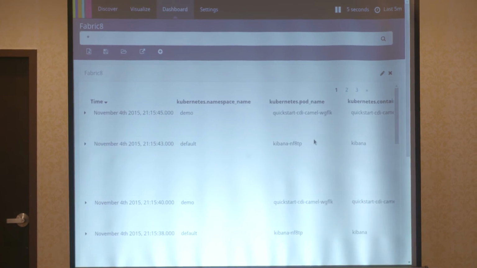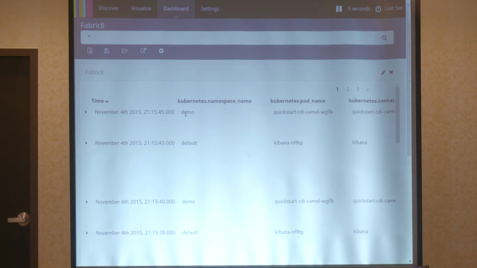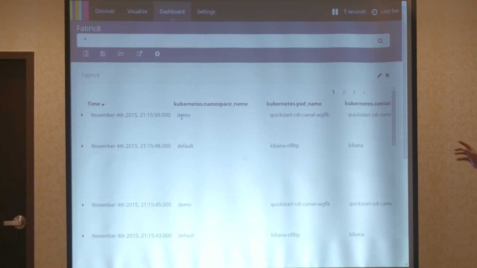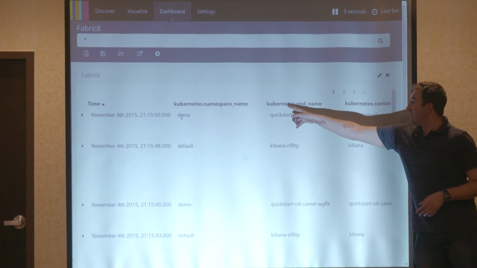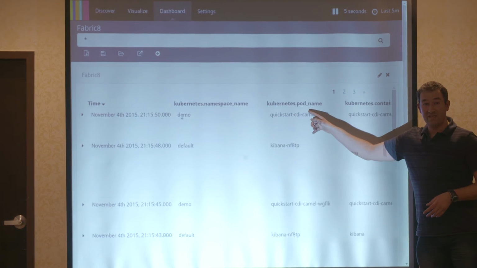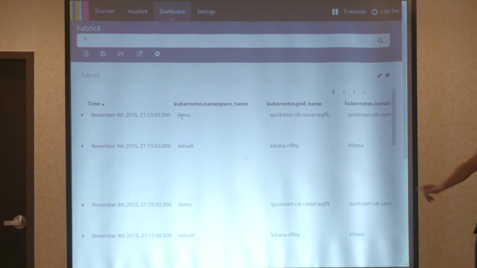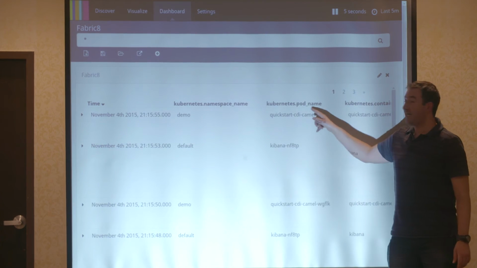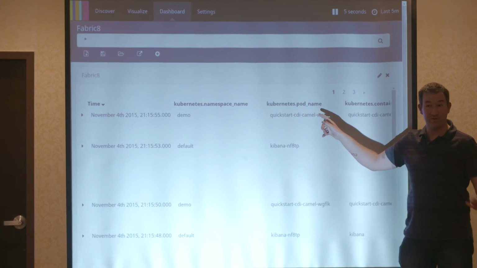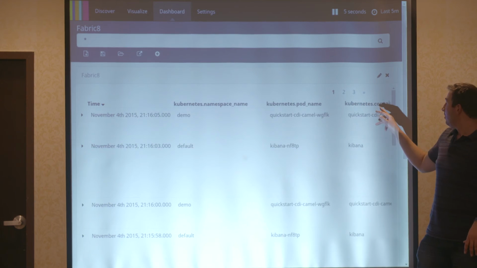But as you can see, what we've got is some context here, right? We've got the execution environment context. So we've enriched that. I don't know if I need a microphone, but I do talk loud. We've got the execution context already in there. This is added by our FluentD microservice, right?